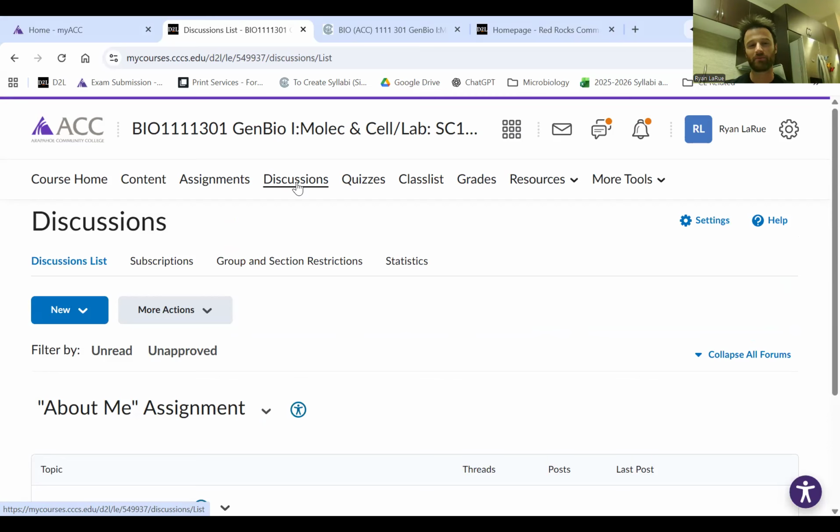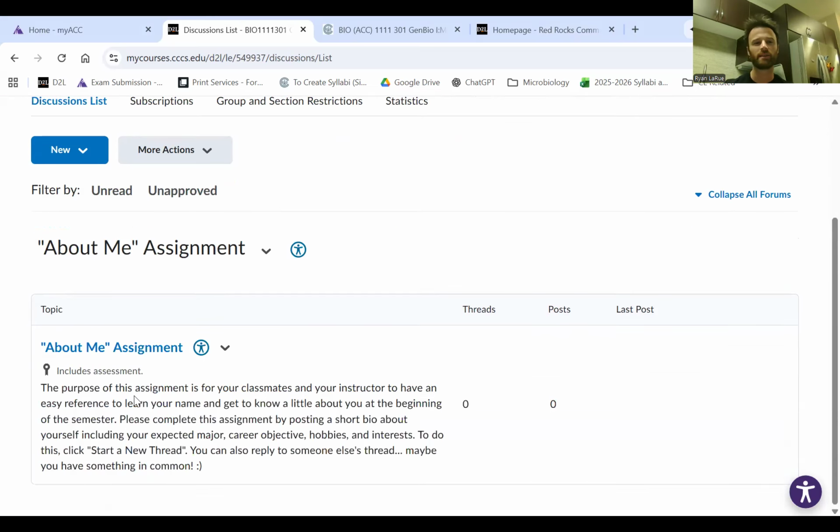This little fun introductory assignment, the About Me assignment, is really just a quick, fun introduction where you type a little bit about you and things like your expected major, your career objectives, hobbies, interests, pets. I always love seeing pet pictures when I look at these.